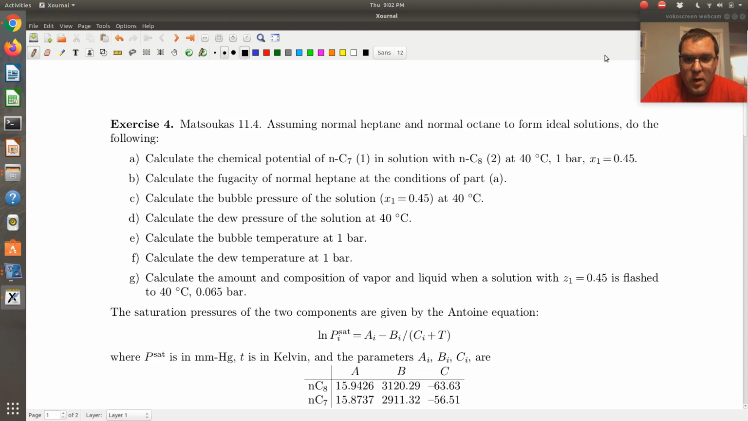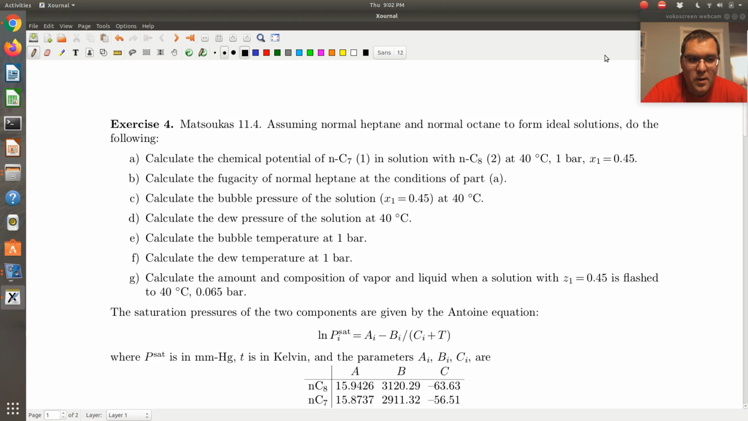So A, calculate the chemical potential of heptane and octane at 40 degrees C, 1 bar, and x1 is 0.45. B, calculate the fugacity at the conditions of part A. And then C through F, we're calculating bubble points and dew points. And then G, we have a flash calculation. Okay, so let's just start with